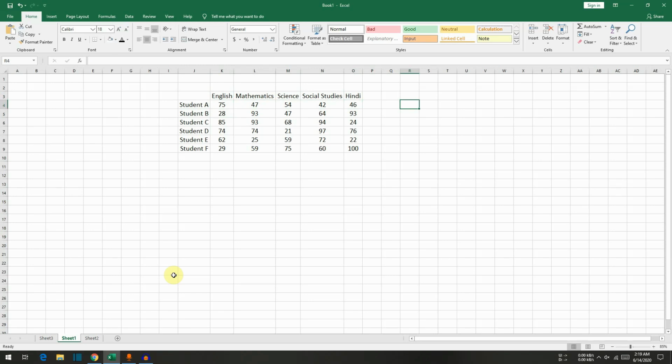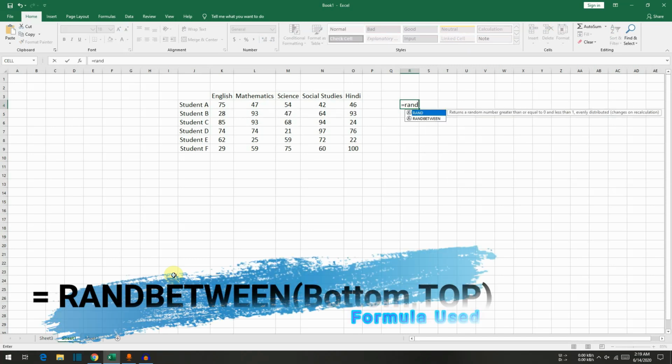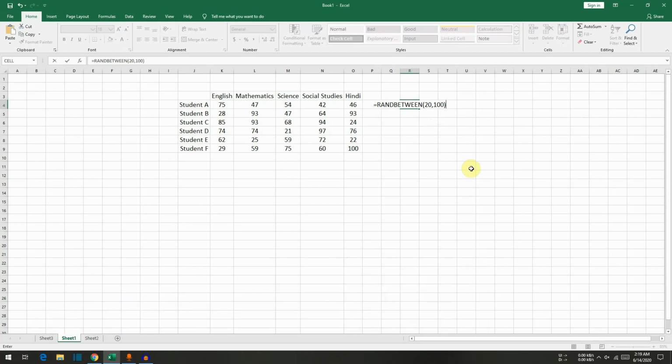If you want to select any random number, you can write the formula is equal to RANDBETWEEN, that is random between. Now it's asking the lowest number. So as I said, from 20 comma till 100. Okay, close the bracket, enter. See, it's giving me 83.